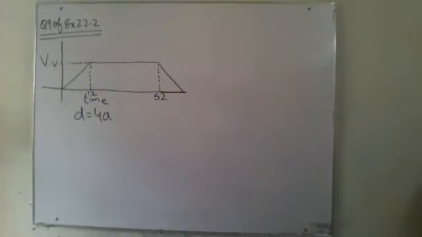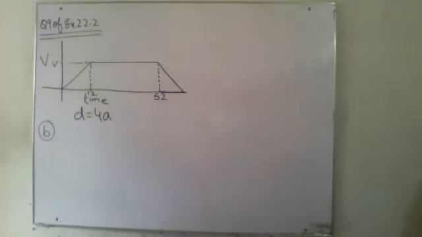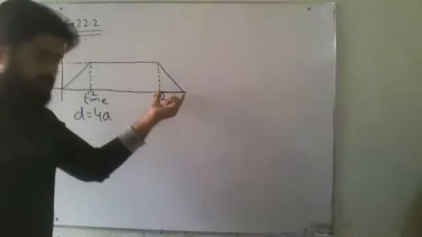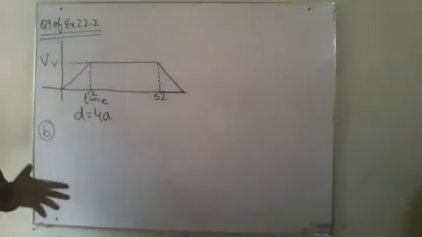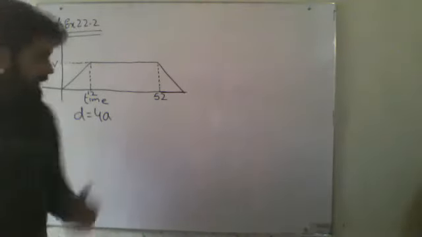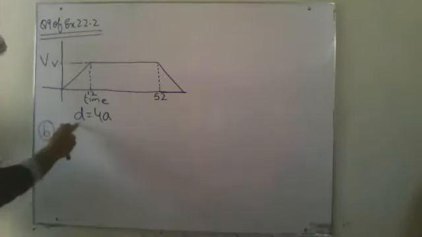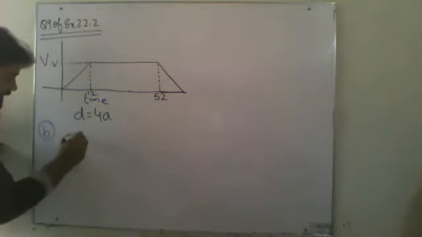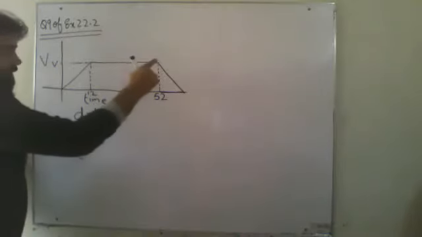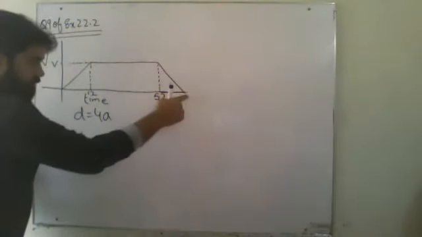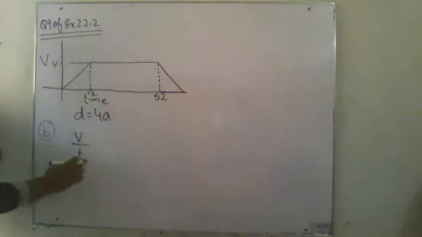Now in the next part, they are saying calculate the time during which deceleration takes place. Now I'm going for my B part. In how much time did the deceleration take place? I have to find this. We know that acceleration is velocity over time. Deceleration is also velocity over time. When I write for deceleration, it will be V over T. This velocity is continuing, and from this velocity we are going to 0, or to rest. So I have written V. I don't know this time, so I have written T over here.